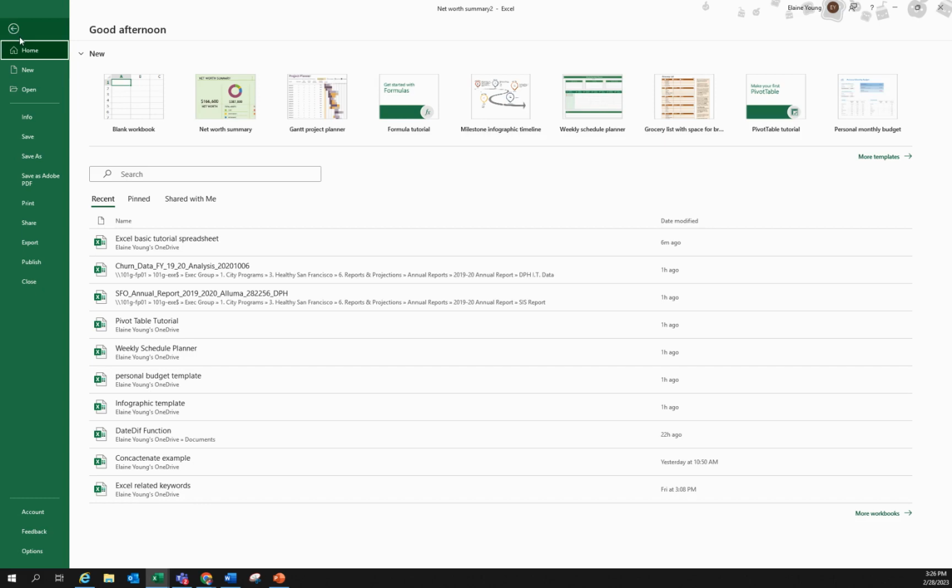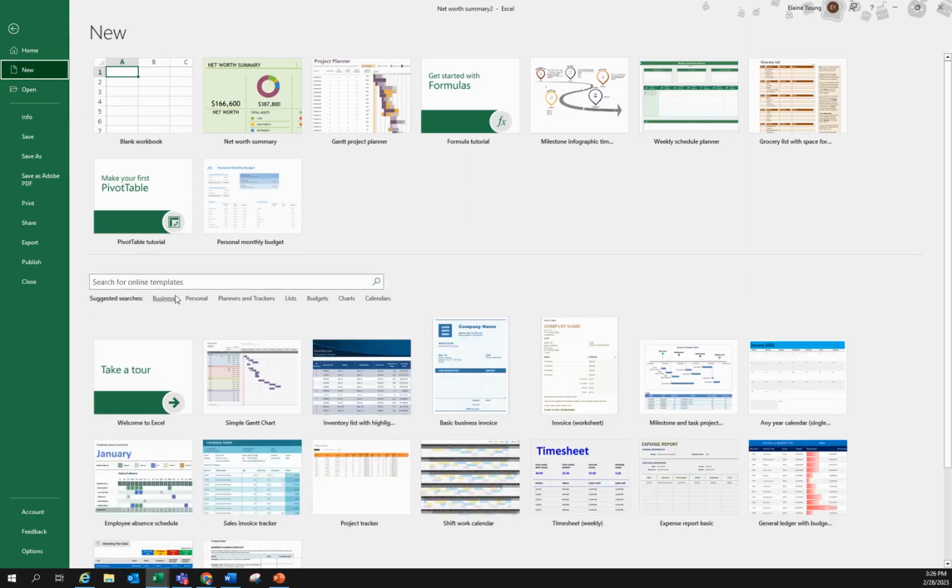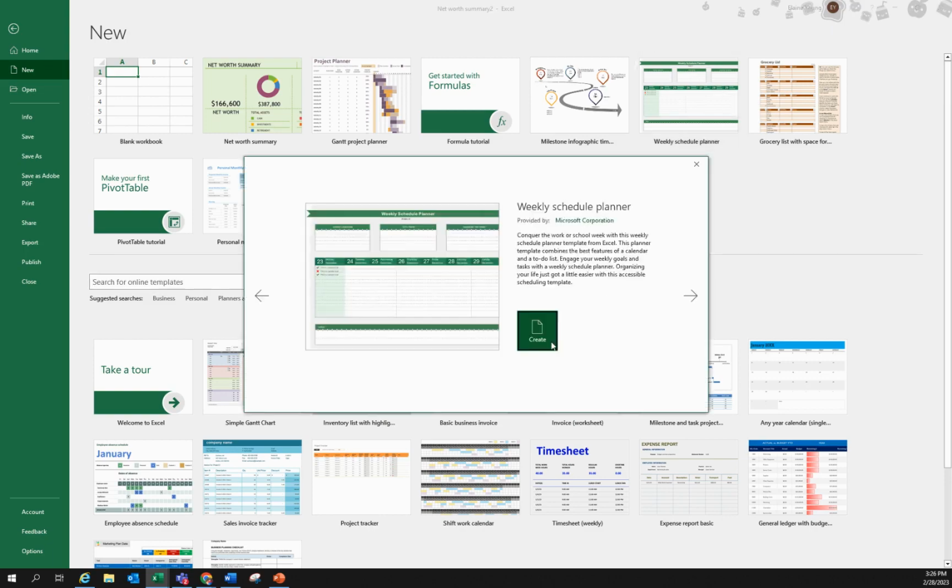Another one that I think was pretty cool that you can look at. So again, I click on new and then search. One that I really like is a weekly schedule planner. So if I hit create,